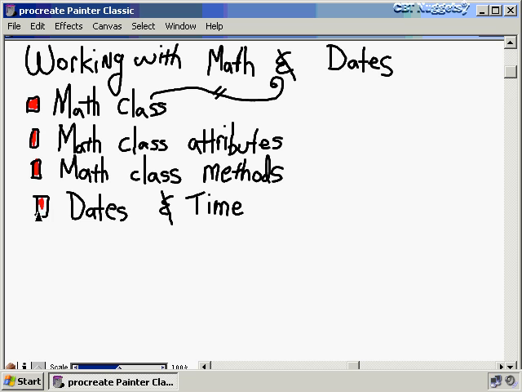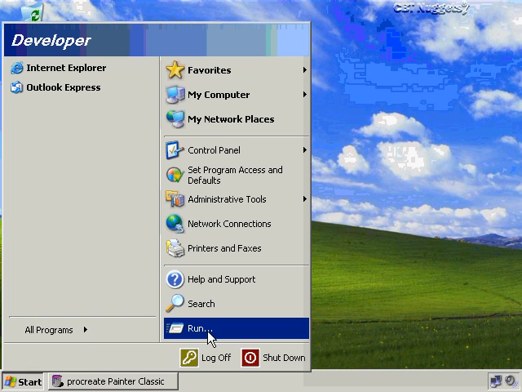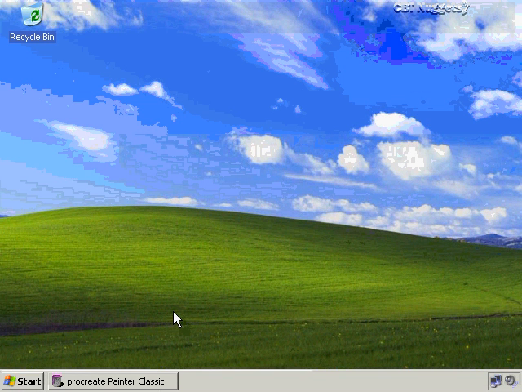Then what I want to show you is how to work with Java's mechanisms for utilizing dates and times. Let's say you wanted to have a time and date stamp within your application. Well, I want to show you the classes that come with Java that you would use to help you do that. To begin, let's go ahead and jump out to the online website where we'll find all of our help